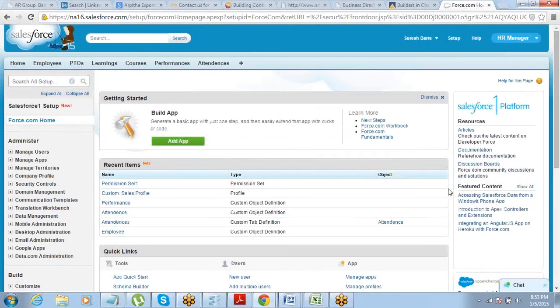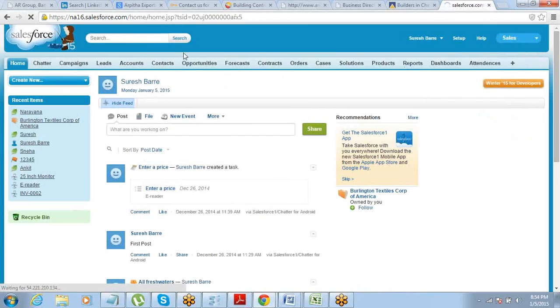Here, let's say we take an example of our opportunities. In opportunity, we have a field called amount, okay, and we will also include a field called tax there. All right, let's take that example.